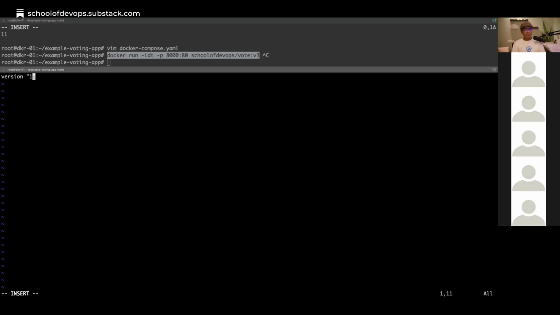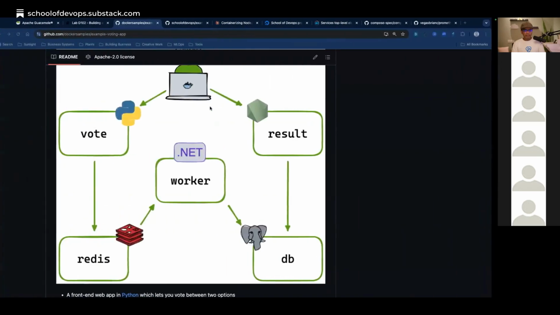We started with Docker version 1. I started teaching with Docker version 1, Compose version 1. Then came 2 point something, and then came 3 point X. And then after 3.8, it doesn't matter. So now we just don't use version because there's only one version. So all we have to do is write services,